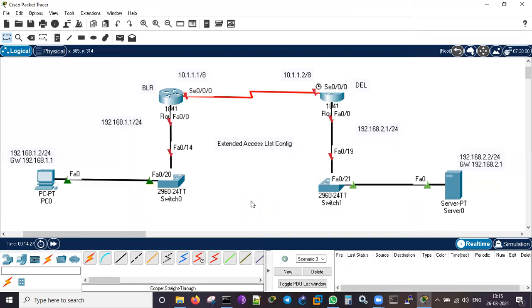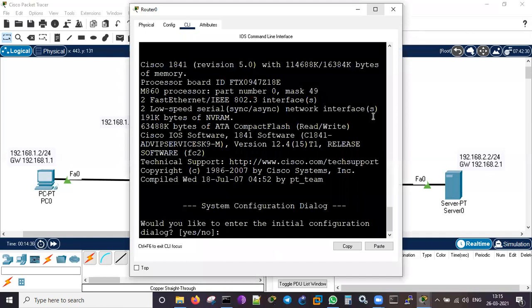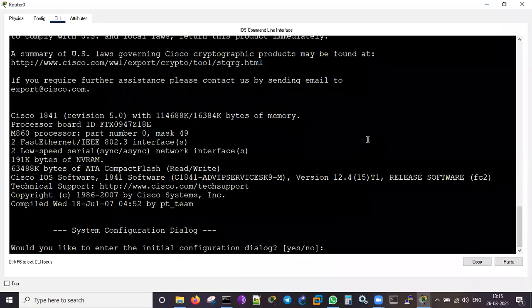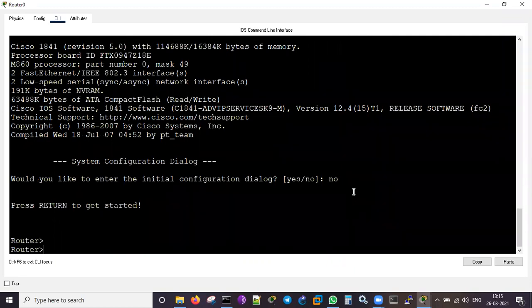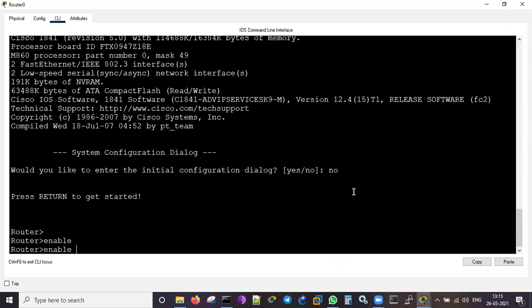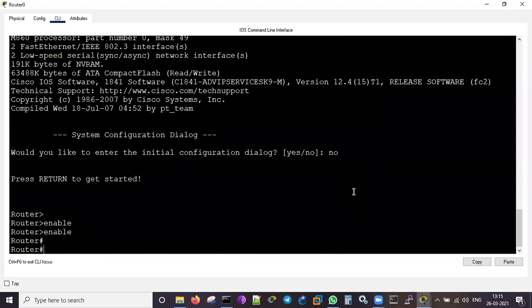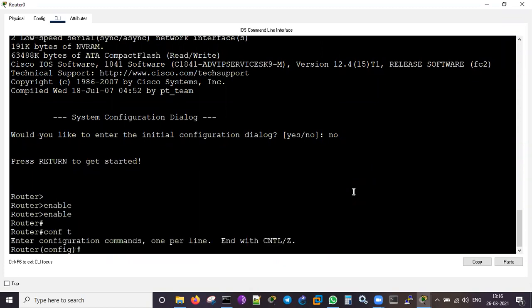The main part is that we would like to configure the Bangalore router as well as the Delhi router. Let me start with the Bangalore router. I'll say no to this, then enable. There is no password to set. Config terminal.